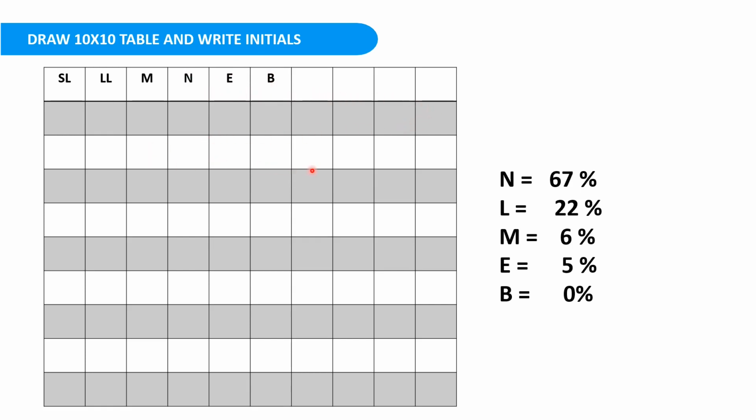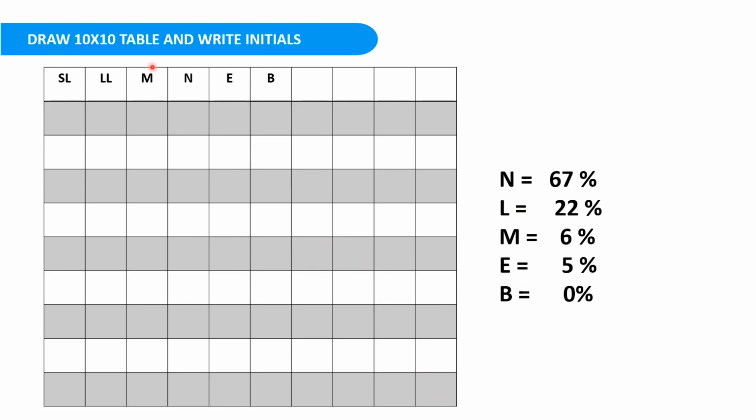So in a similar sequence, you have to fill up the 10 by 10 table. You have to identify the WBC in your smear, and according to the type of WBC, you have to write it down. And you have to count 100 cells because 10 by 10 is 100. So once you complete the 10 by 10 table, there will be a total of 100 WBCs counted in the peripheral smear.